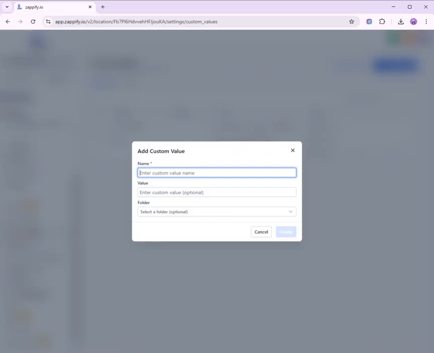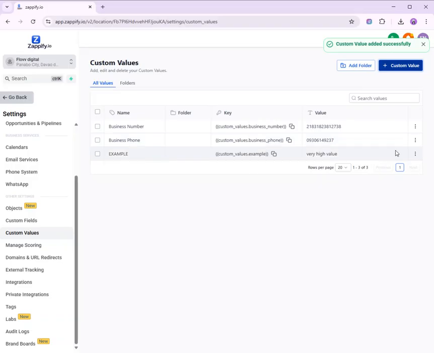So let's say for example, their business phone and their value. Excuse me. And click create. So custom value added successfully.